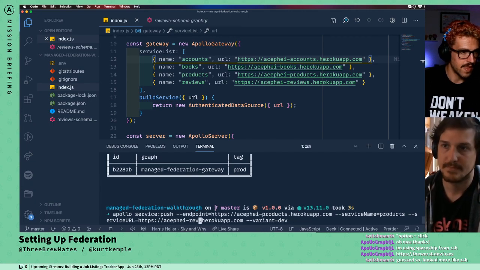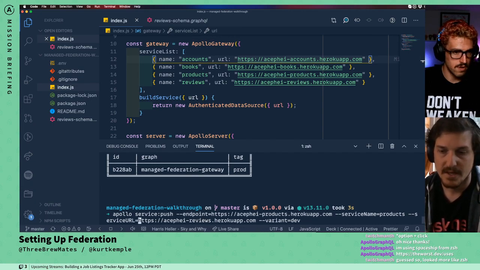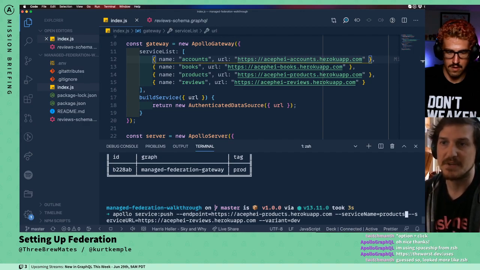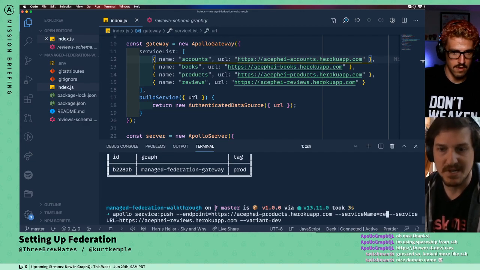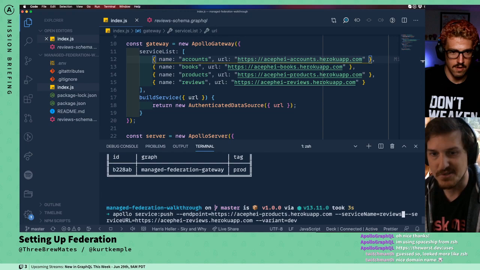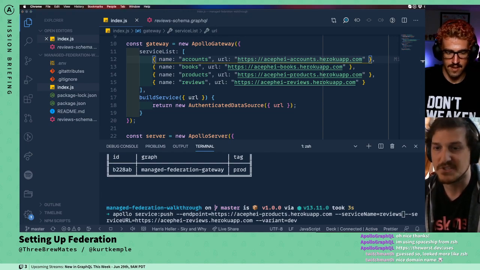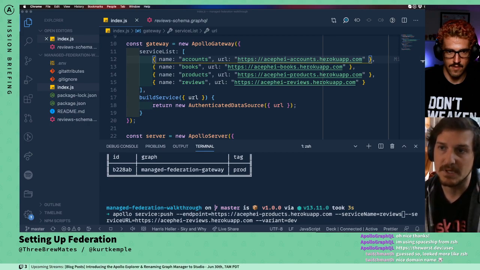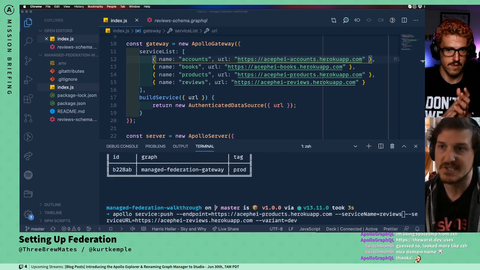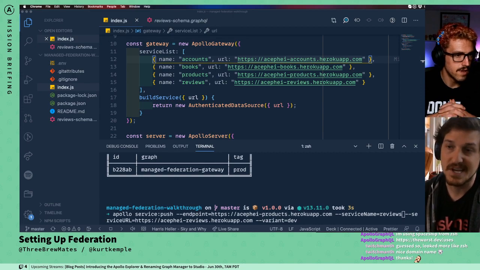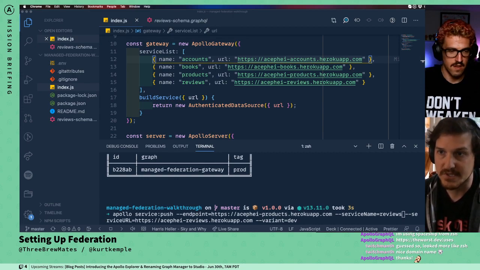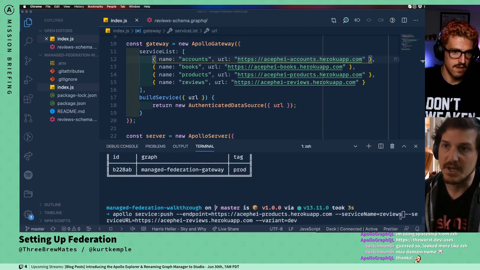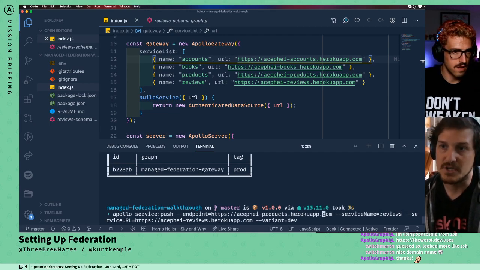One interesting thing about the service URL too, because a lot of times I have teams ask me, why do I have to continue to change the service URL? The service URL might actually be something that changes. Let's say I even just want to rename one of these services. The gateway, when it gets a new configuration, actually